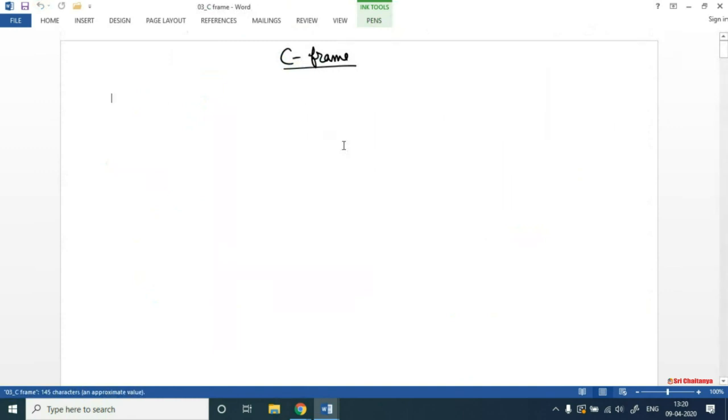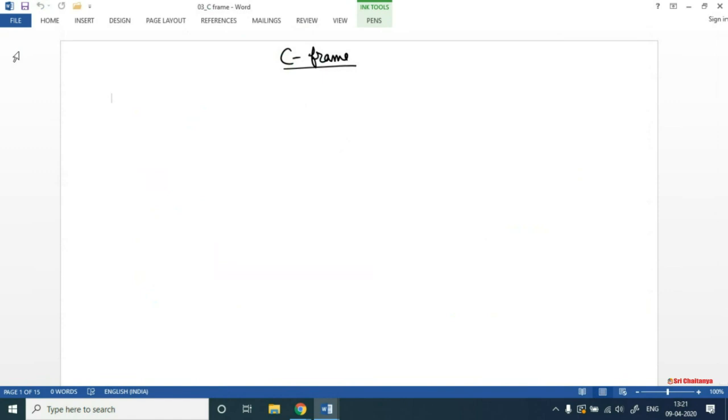So, the C frame. We have learned how to find the position of the center of mass, the velocity of the center of mass, and other things. If we are analyzing the motion of different particles of the system from within the center of mass frame, the center of mass frame means the observer has the same velocity and the same acceleration as the center of mass of the system. So in the C frame, before proceeding, the first thing we would be looking to learn is